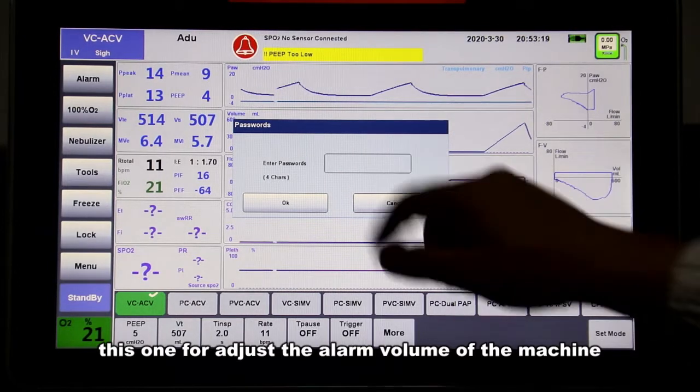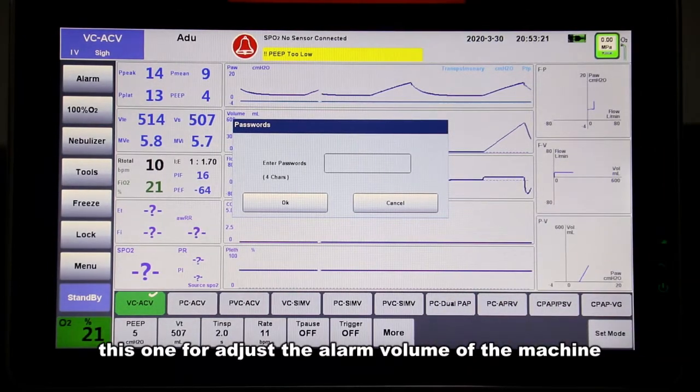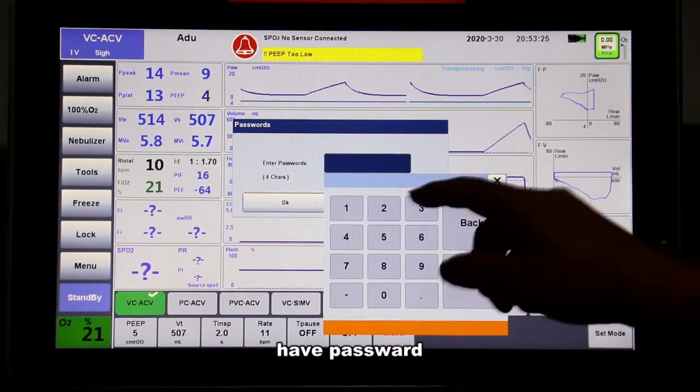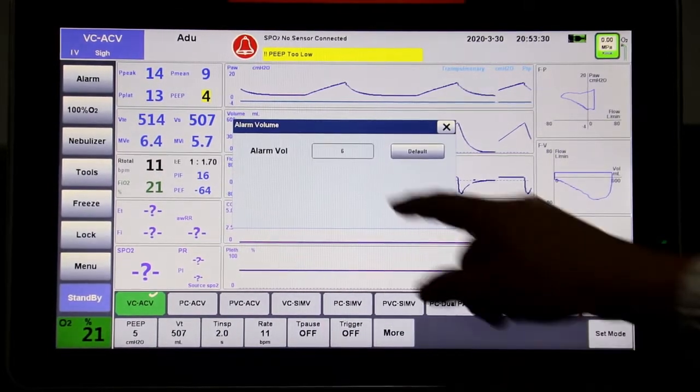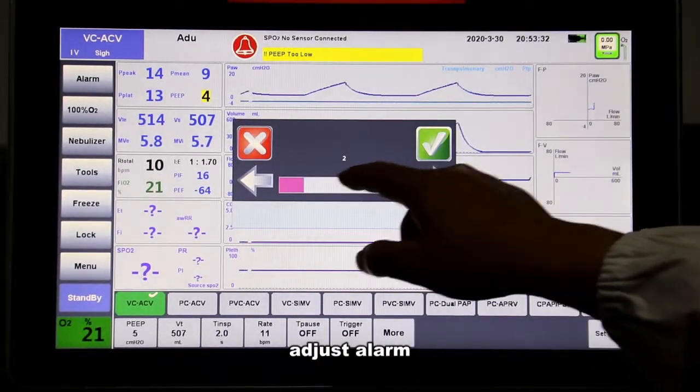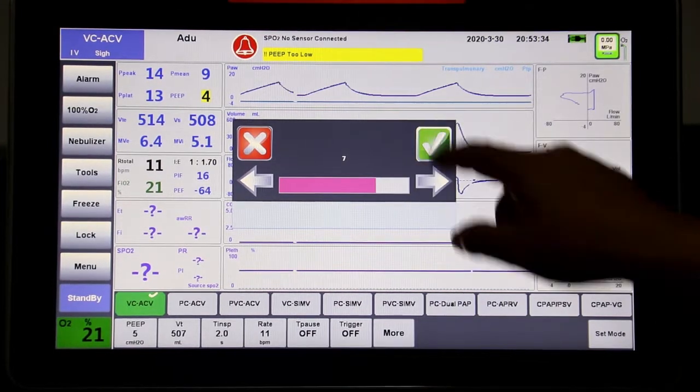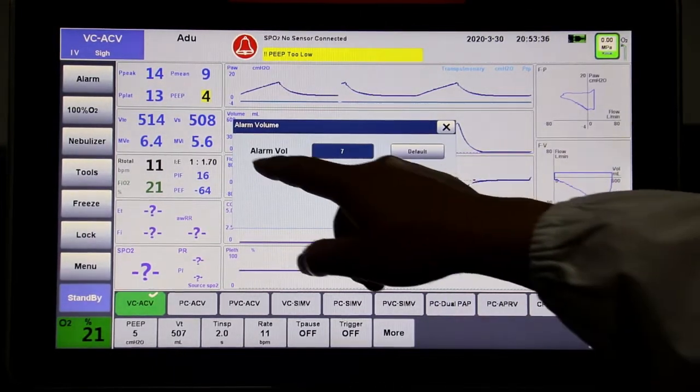This one for adjusting the alarm volume of the machine. It has a password. This for adjusting the alarm volume.